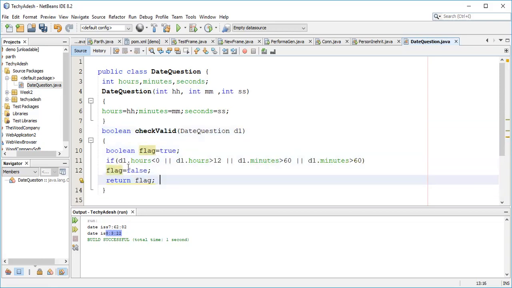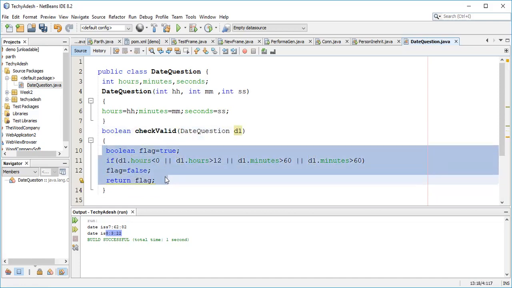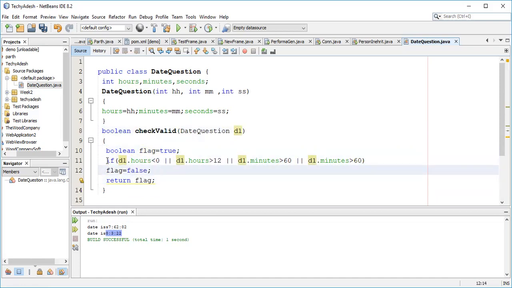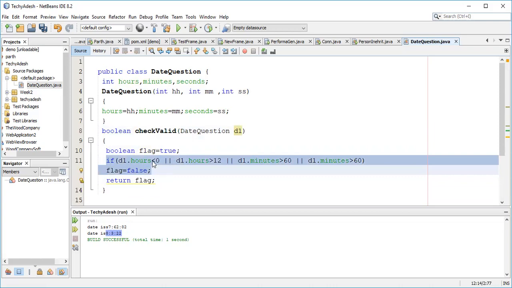इस फंक्शन के अंदर हम चेक कर रहे हैं कि जो हमारा डेट ऑब्जेक्ट पास हुआ है, उसके अंदर जो मिनट्स, आवर्स और सेकंड्स हैं, वो वैलिड हैं या नहीं। तो जो कंडीशन हमने दे रखी थी, वो मैंने यहाँ पे लगा दी। क्वेश्चन के अंदर कंडीशन थी कि आवर्स लेस देन 0 नहीं होना चाहिए, ग्रेटर देन 12 नहीं होना चाहिए, मिनट्स ग्रेटर देन 60 नहीं होनी चाहिए, और सॉरी, यहाँ पर सेकंड्स कर लेते हैं. Let me do seconds over there, right? And d1.seconds not greater than 60.